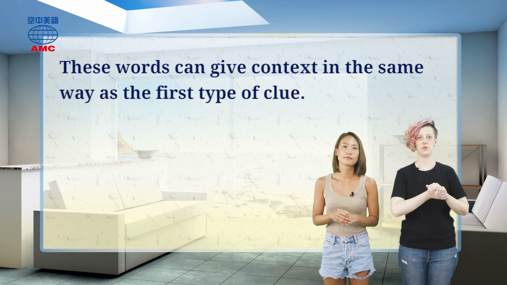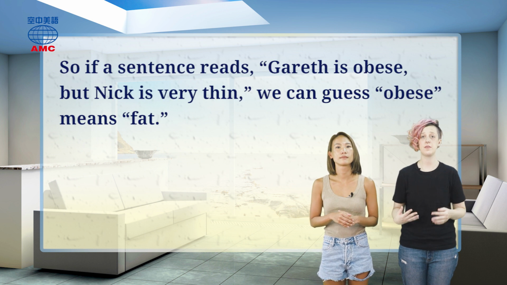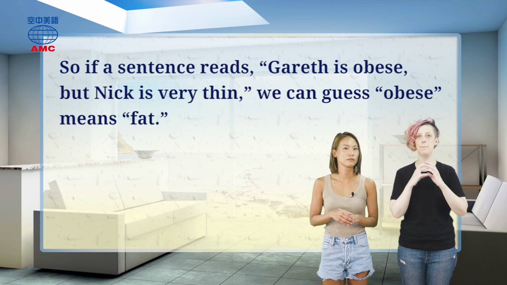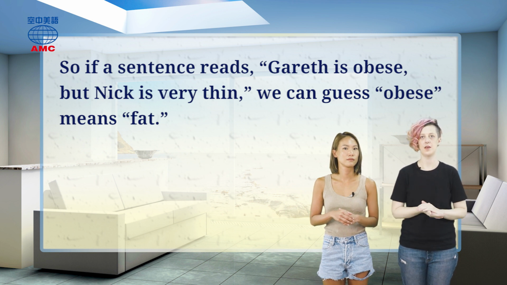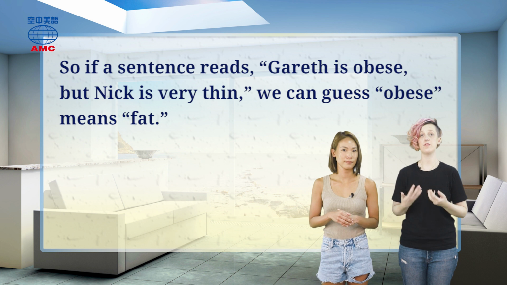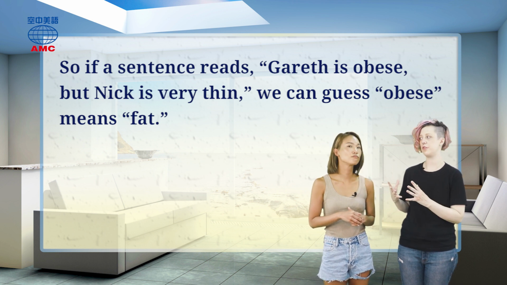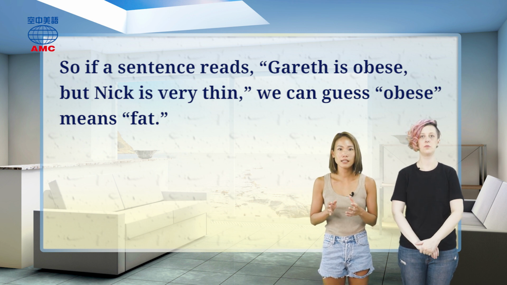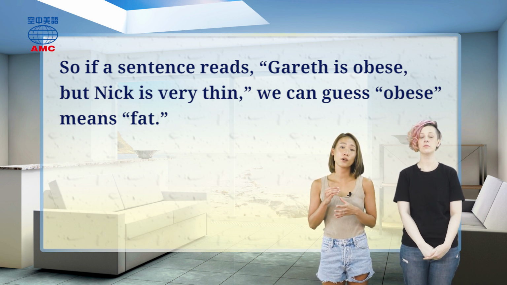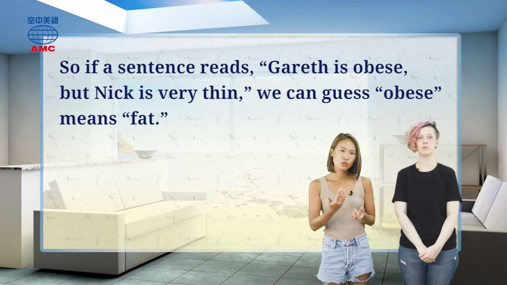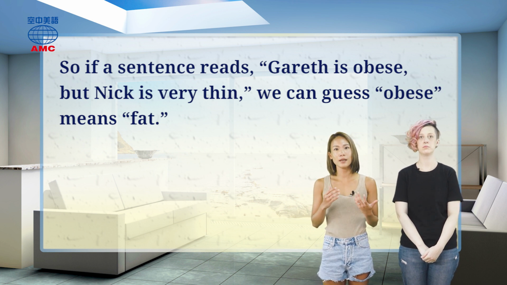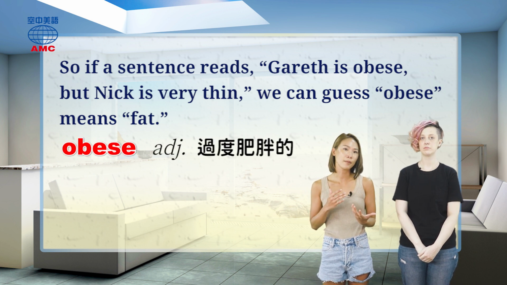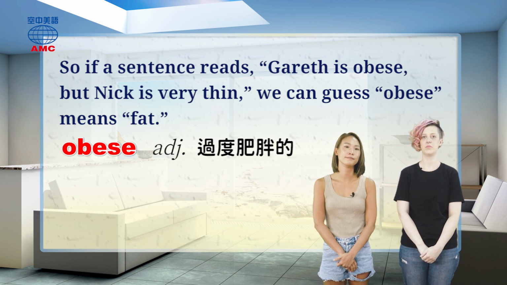So, do we have an example here? Of course we do. So the article says, so if a sentence reads, Gareth is obese, but Nick is very thin. So you can tell by the but in the middle, they are opposites. We can guess obese means fat because it says Nick is very thin, Gareth is obese. That's opposite. 所以 but 这个连接词呢，它是用来连接前后意义相反的子句。后面说 very thin 很瘦，那前面一定是相反 very fat， 所以我们就可以知道 obese 这个字呢，它代表的是 very fat 非常的胖。